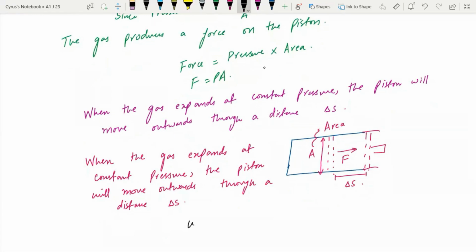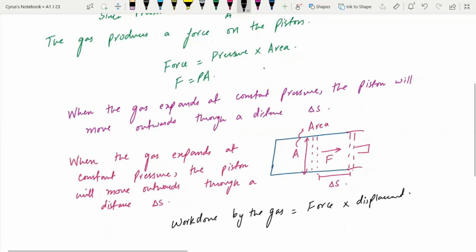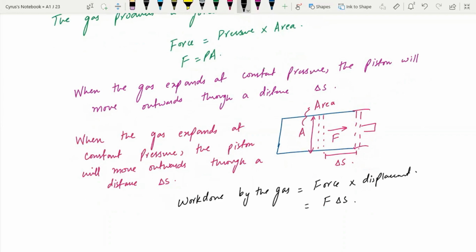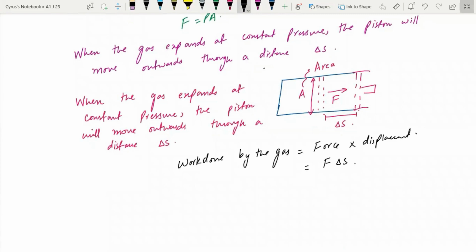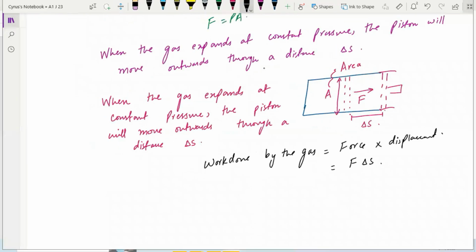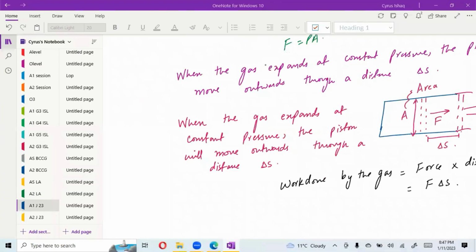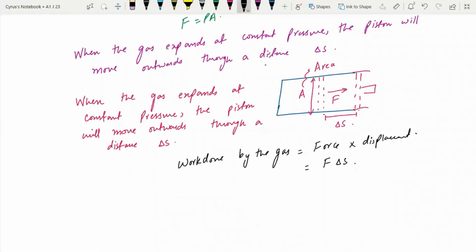You can write here work done by the gas as force into displacement. Force into displacement. And I can write here F into delta S. Is that clear so far? Online students, Anik, Iraj, Marwa, Bisha, is that clear? F into delta S. We can write here W as